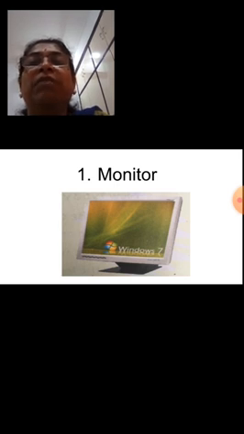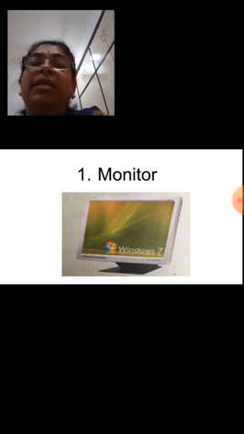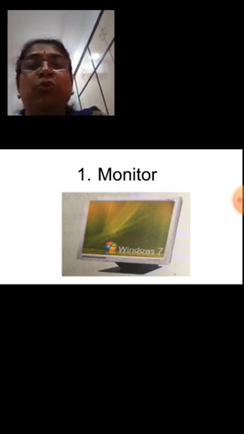Now, this monitor is used to show the result or the output. Whatever information we are giving to the computer, suppose for doing a calculation 2 plus 3 or 20 plus 30, what will be the answer? That answer gets calculated in the CPU and it gets displayed on the monitor. You can also point at anything on the screen with the help of the mouse.